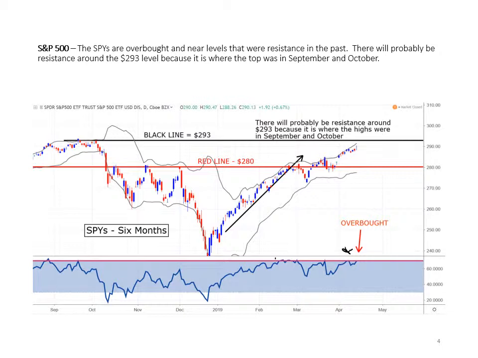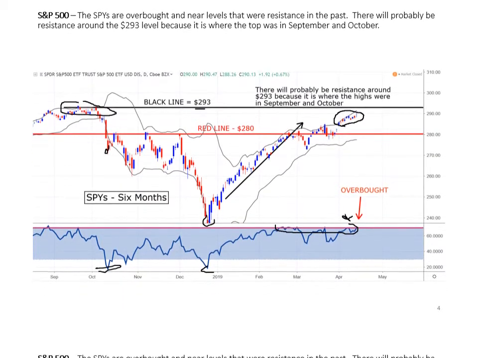And when it's above this red line, it's what's considered overbought. And when it's below this line right here, so oversold. So anyway, we're going to have resistance at 293 because that's where the highs were last fall. You can see the trading has been kind of sideways. I expect that to continue. One is because we have this important